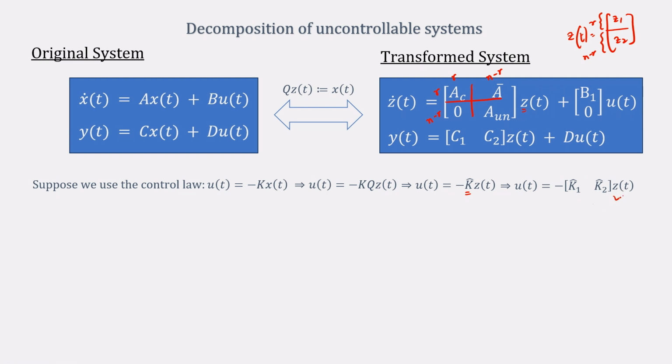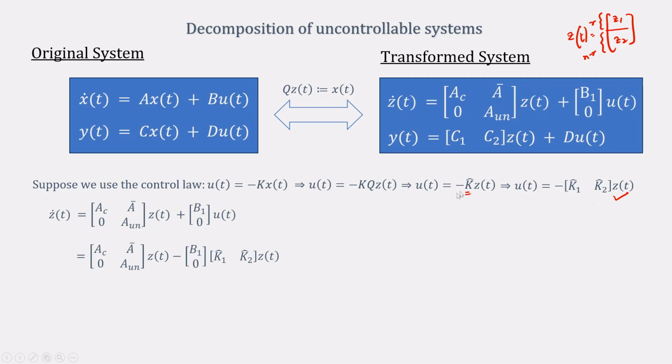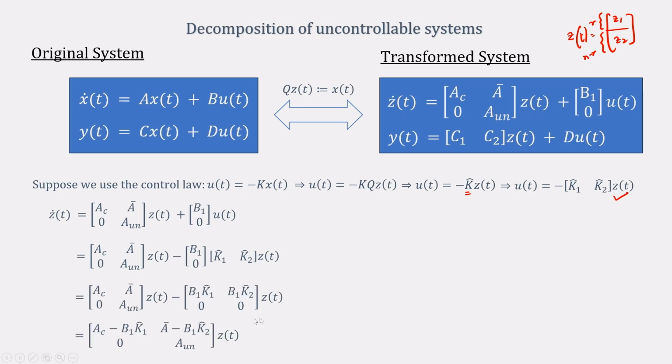Now, I can use this control law in this system and see what happens. So, this was my transformed system. Now, I use the control law u equal to minus k hat z here, and notice that this is an R cross 1 matrix and this is a 1 cross R matrix. So, they can multiply out. So, once I do the multiplication, this is what I will get, and now I can take z common, this is what I get. And what is important to note here is that this is an upper,